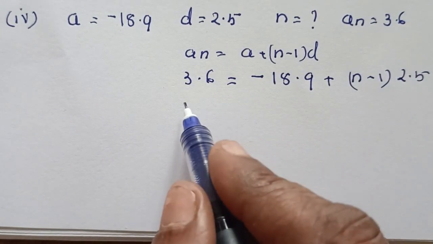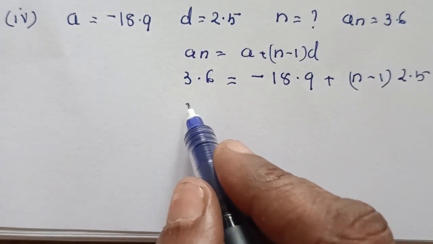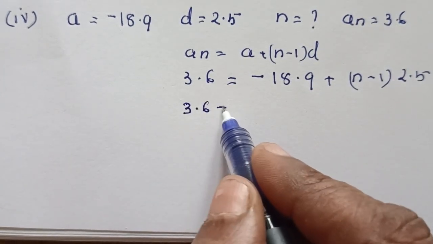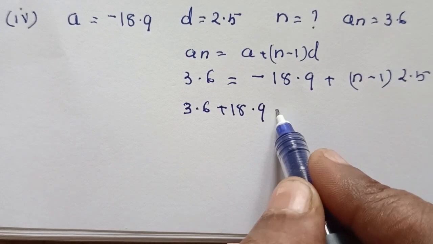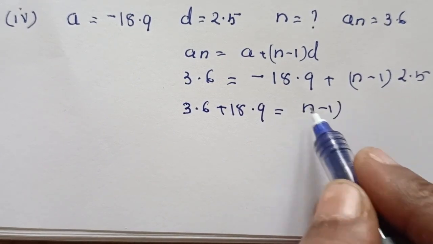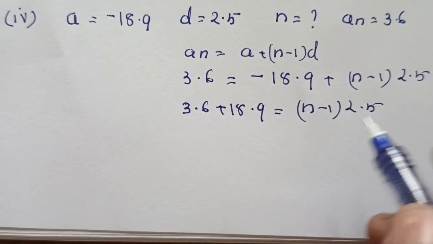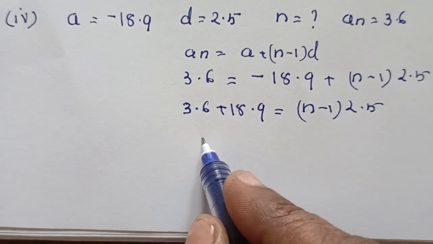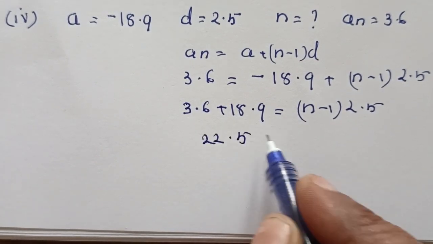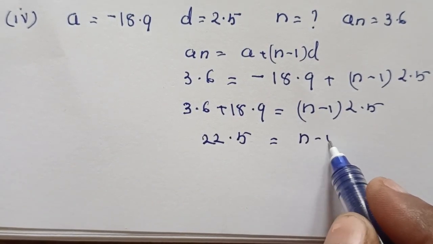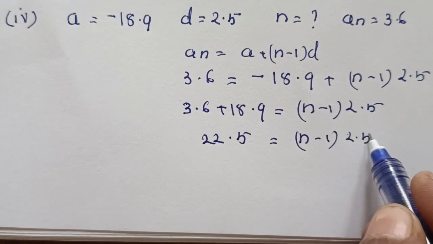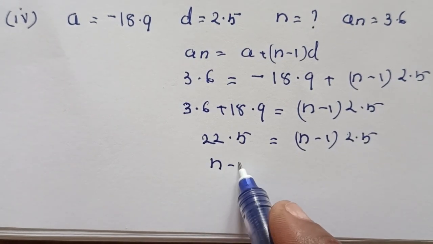Taking minus 18.9 to LHS, we get 3.6 plus 18.9 equal to n minus 1 into 2.5, isn't it? Therefore, when you add, you get 22.5, that is equal to n minus 1 into 2.5. Therefore, n minus 1 equal to